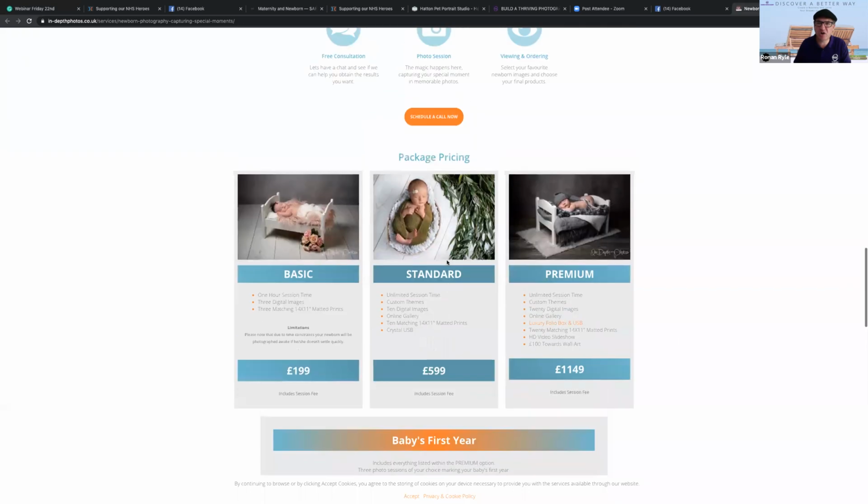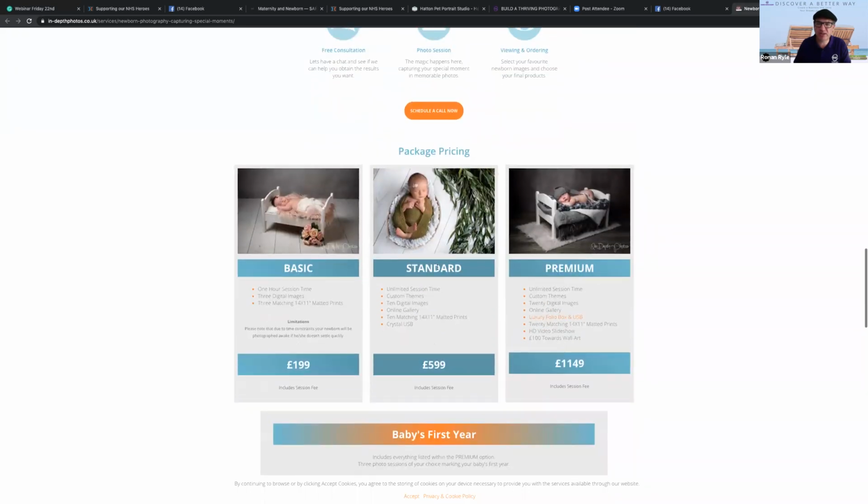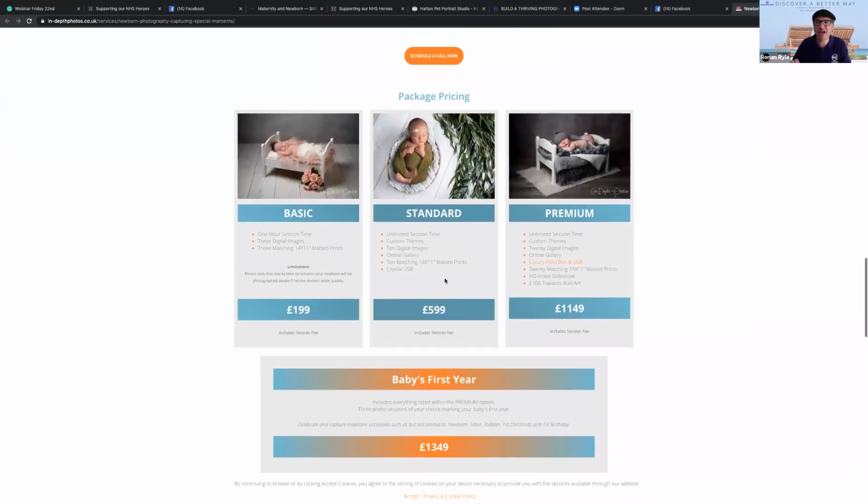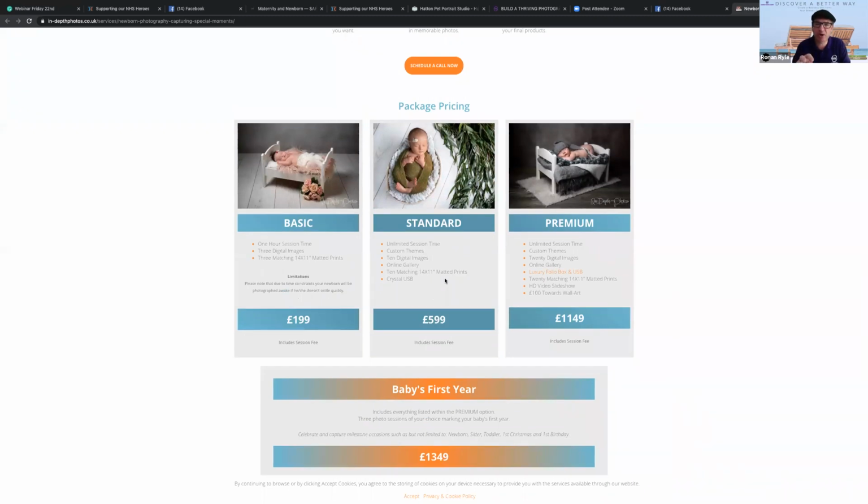So I would consider taking this detail off the main page. It's a little bit early for me in the process. If I'm at the consideration stage, I'd prefer to have a conversation with them about pricing, but give a signal. For example, we've talked before where you've said to me that there's some clients who only want to spend 20 quid. So they're not your client. By just saying your pricing starts at $199, but a lot of our clients spend more than that and some spend up to $1,349,